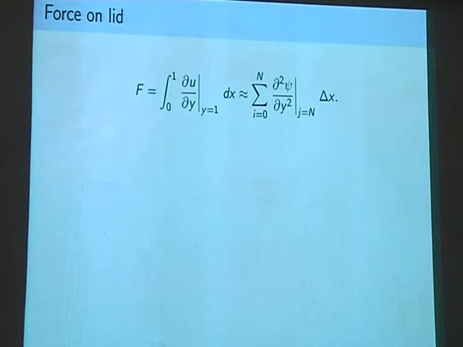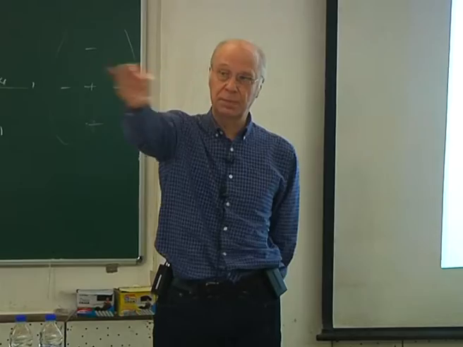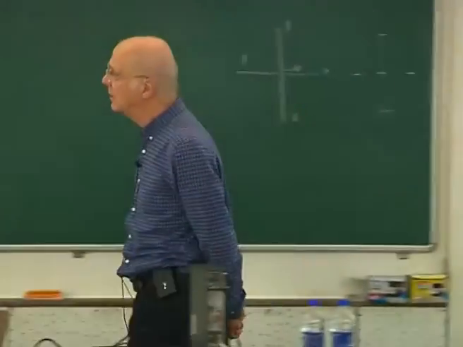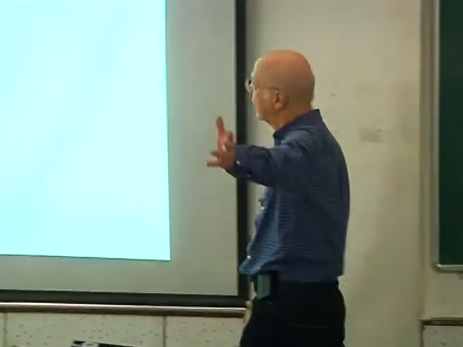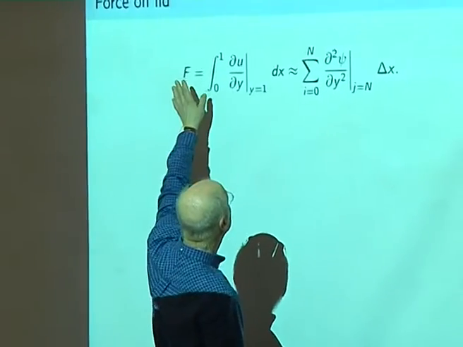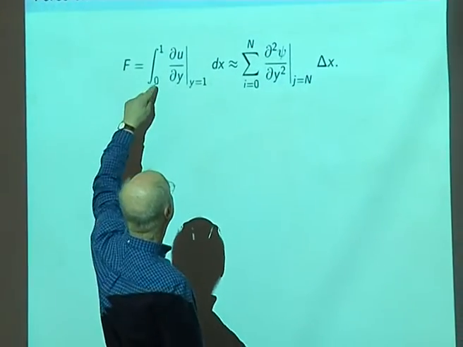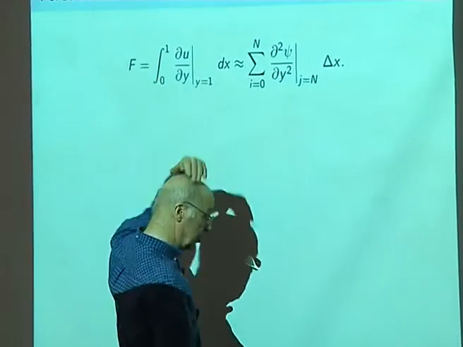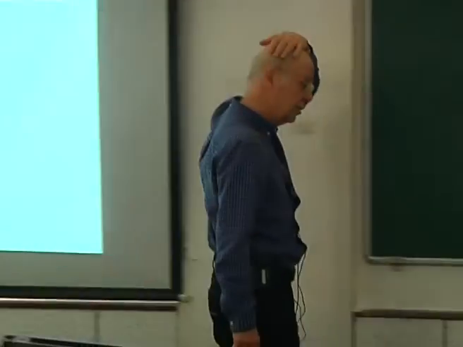Okay. And then the one quantity I wanted to calculate was the force on the top plate. How much force do I have to apply to achieve this velocity on the top plate? And that is the derivative. I've non-dimensionalized it, so there should be a mu and some lengths here. So I'm integrating across the top plate from x equals 0 to 1, the y derivative